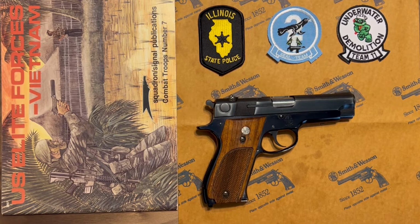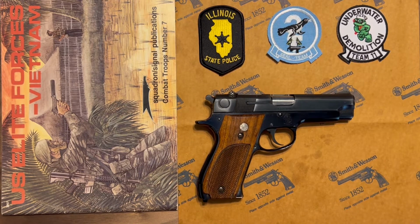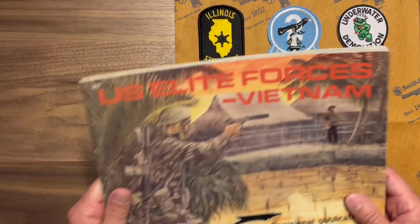Not only do I personally think this firearm is absolutely gorgeous, I think it looks the way a semi-automatic pistol should look, and we'll get into that when we talk about this pistol. But the fascination with what the Navy does with Smith & Wesson and how they then employ the Hushpuppy moving forward into Vietnam. And really my first connection with this pistol and this whole Vietnam Hushpuppy thing, I have to give credit to the Squadron Signal publication